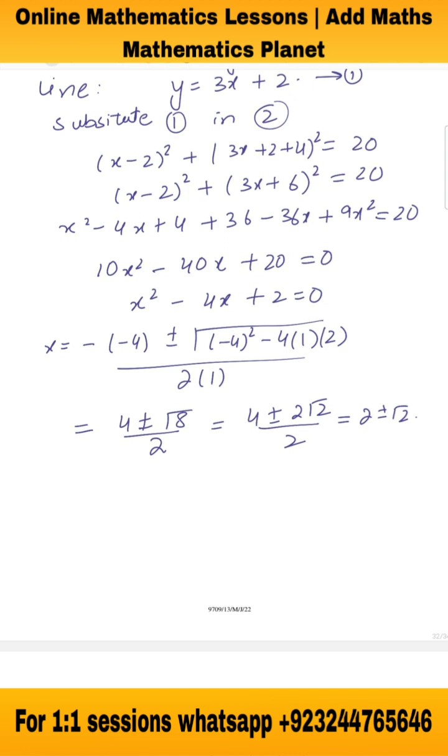So we get two answers for the x coordinate, which are 2 plus square root 2 and 2 minus